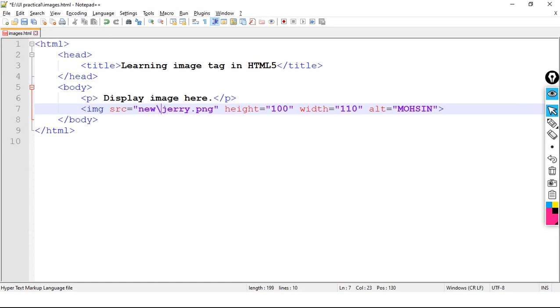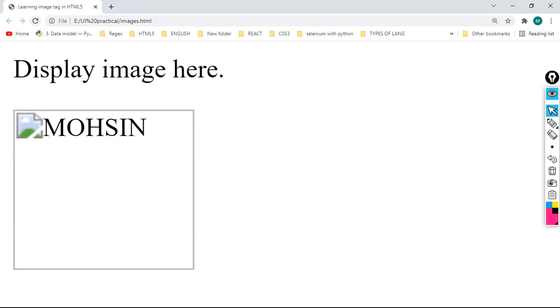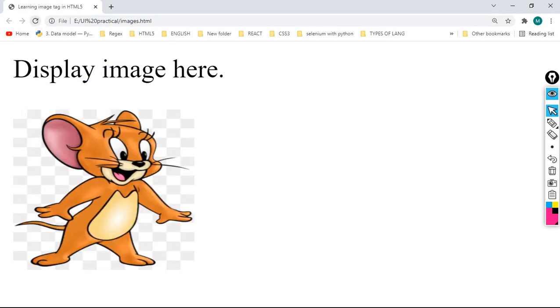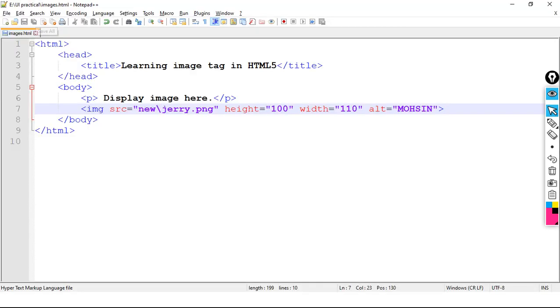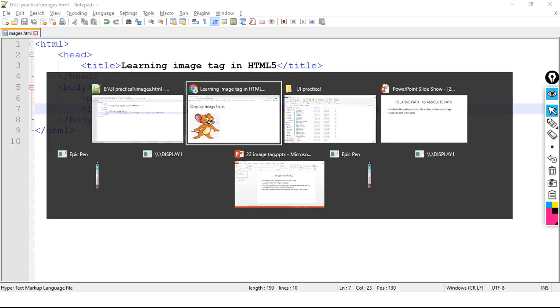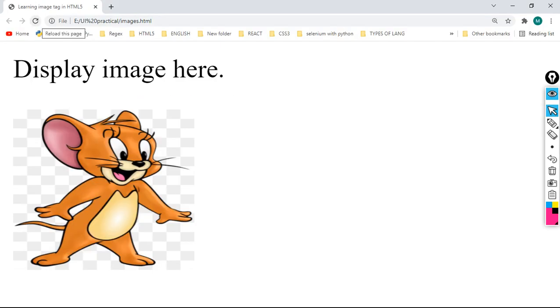Backward slash, save and refresh. Here you go. I had made one mistake. What was that mistake? Instead of taking backward slash, I was taking forward slash. This was the mistake, and I have corrected it. Now this is backward slash, save, refresh. This file will appear as it is.